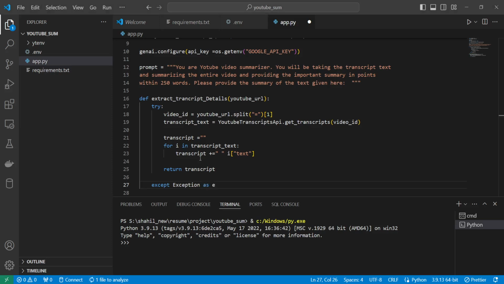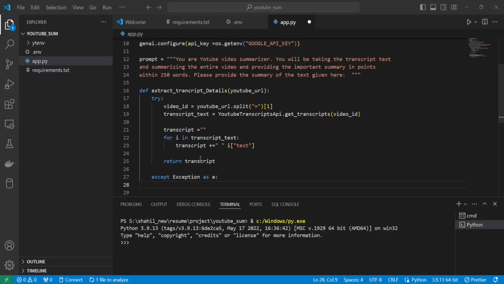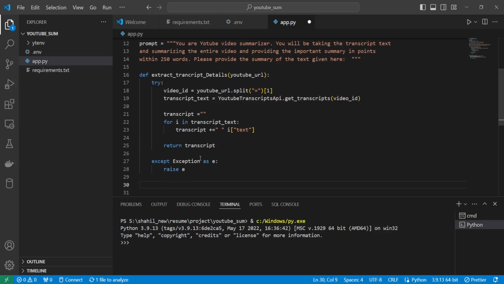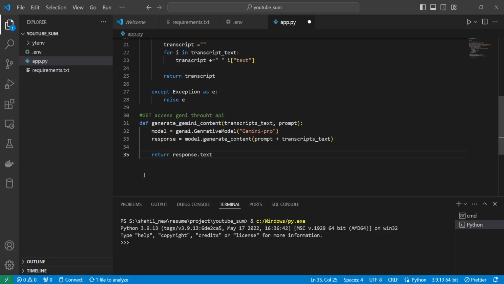Okay, and we print or raise the e if there is any error. So, and now I hope all this is done, and now we create